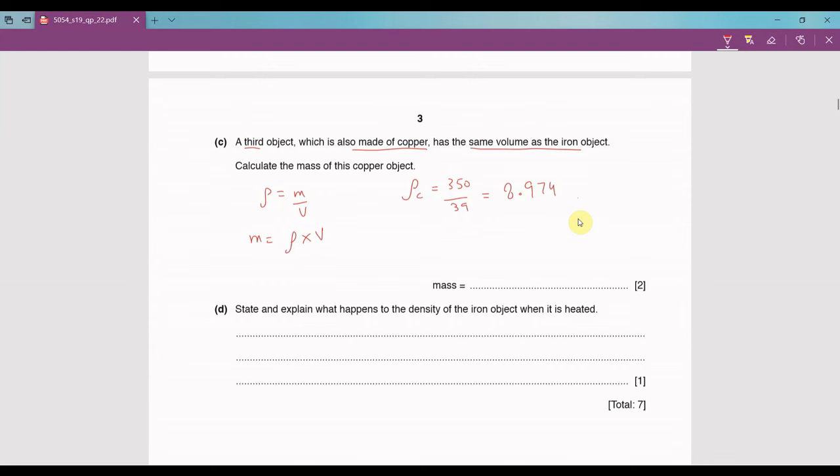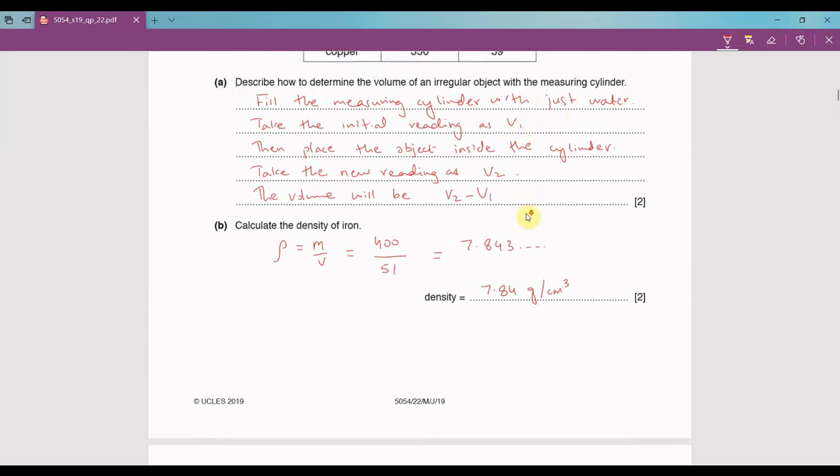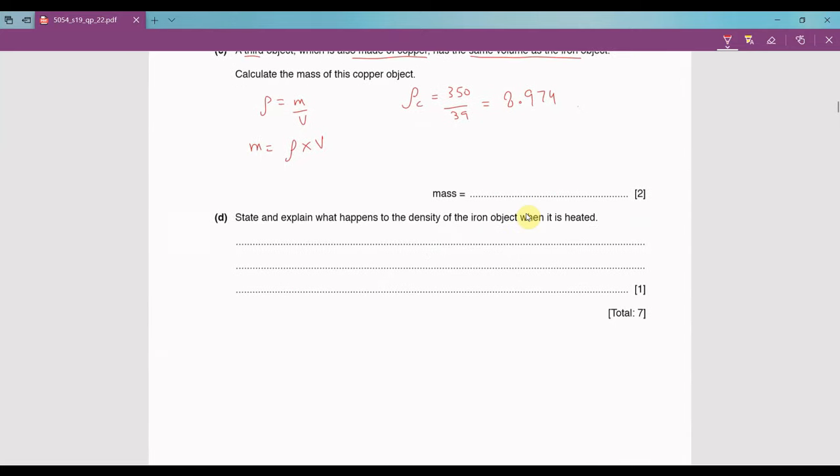So the other important piece of information is the volume of the object. Now remember, they have written that the volume is the same as the iron object. So the volume of the iron object was 51, if you can see here. So what you're going to do is calculate the mass of the object. You write the density as 8.974. Whatever the answer is, just use the answer button from your calculator and use the volume of the object which was made of iron, which was 51. So mass would be